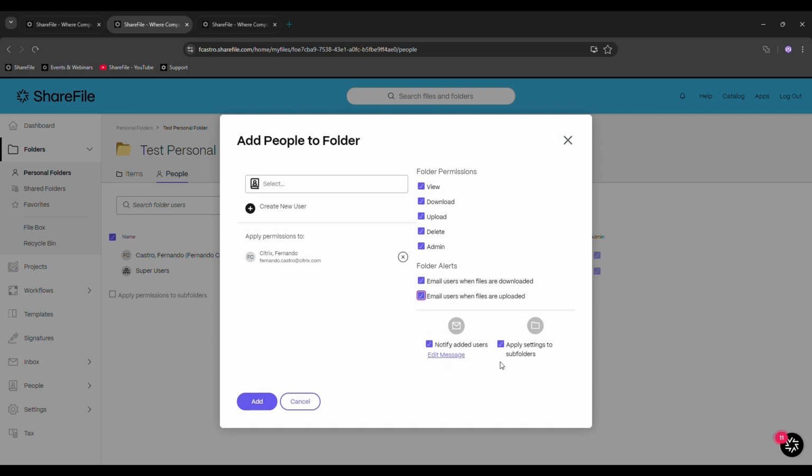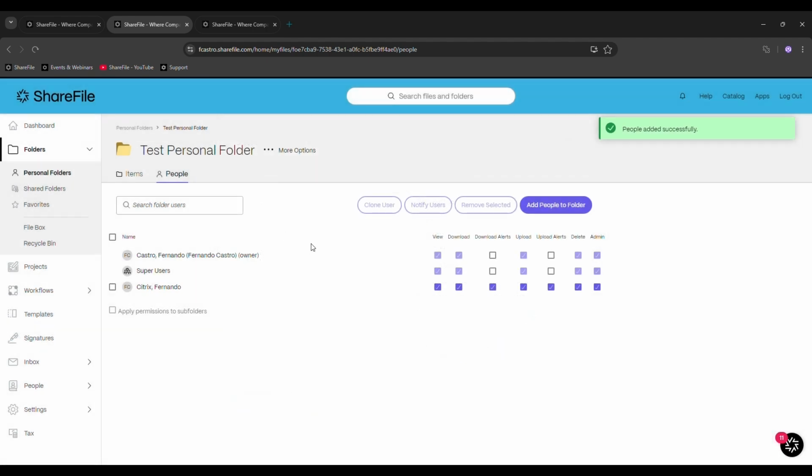I highly recommend to notify users when you add them to a folder so they can be aware that they have been added, and also apply these settings to other subfolders is an option that is listed in here. I will click on add, and I have now added this user with all those permissions into my folder.